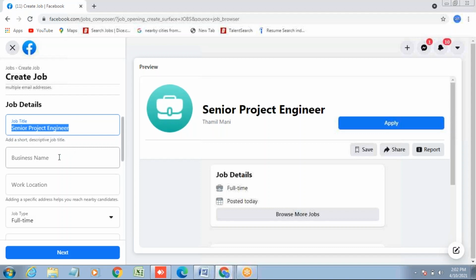Business name is Learn Hiring LLC. Type it. Give some space between learn and hiring. Make H uppercase.